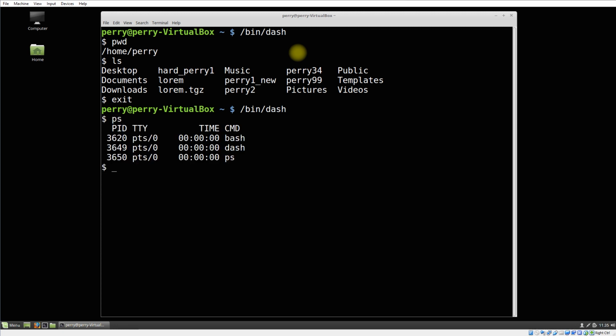And let's look at the processes that are running. And you see here I have a process called bash and another process with the command dash, right? And then another process which is of course the PS. So this is similar to what you saw before, except now you see that there are two shells that are actually running here. And in fact, if I put a little more information up here,